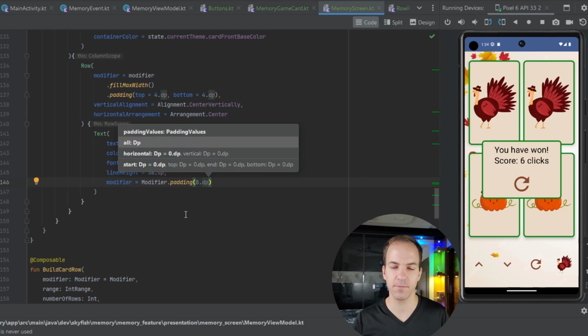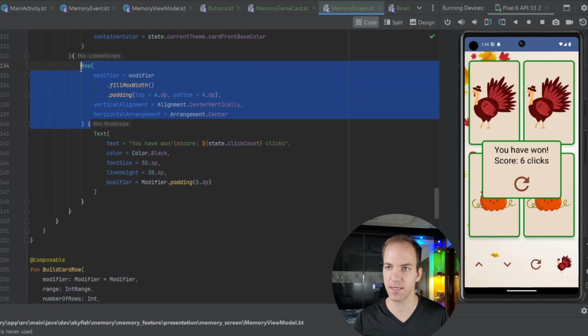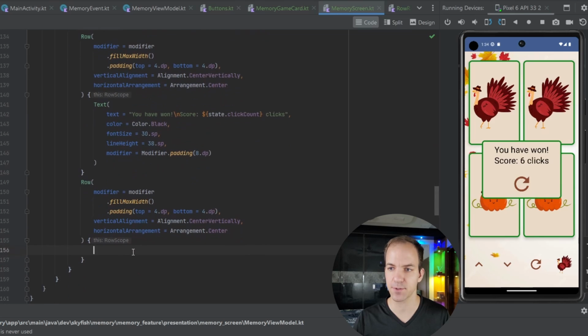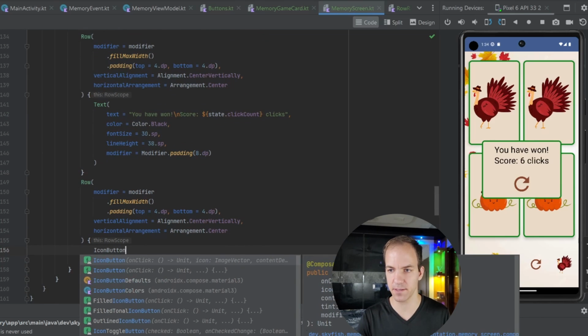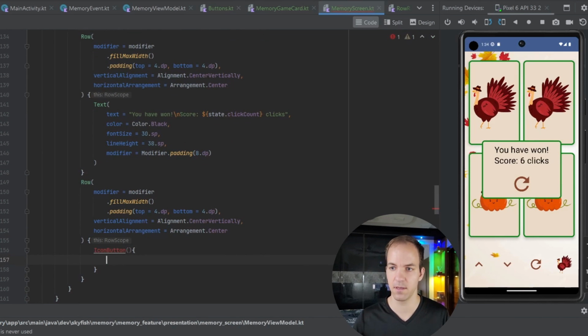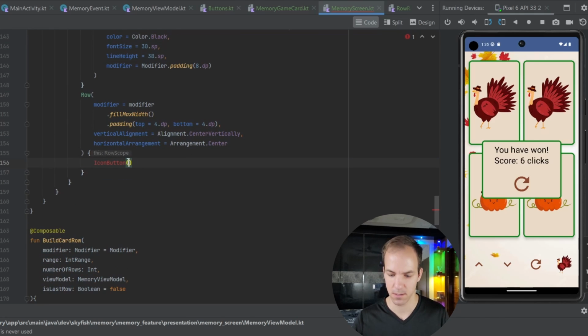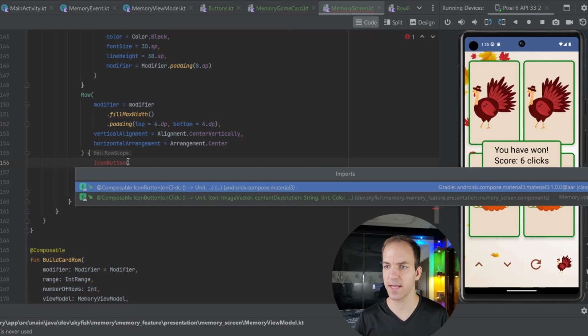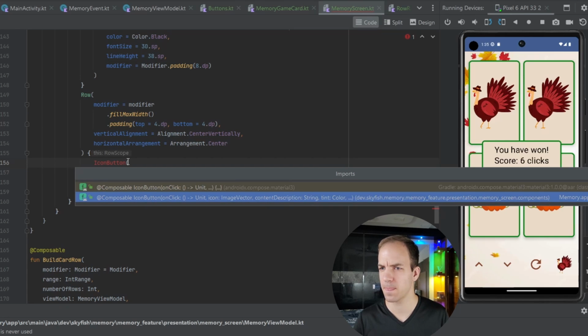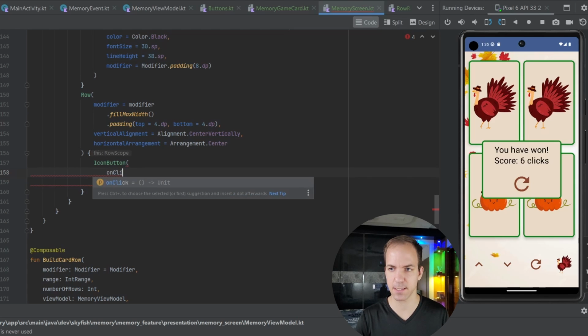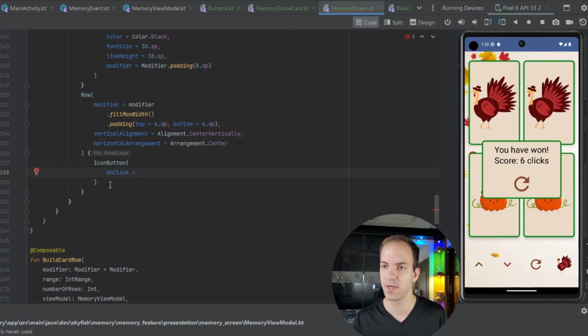Okay, now beneath this text, I'm going to add another row. And this row is pretty much going to be the same thing, or the same parameters at least. So we'll copy that, and then inside of this row, I'm just going to add another icon button. And actually, I don't need those brackets at all. I do need to import that. Okay, and then inside of this icon button, I can say onClick is equal to, actually what I'm going to do, instead of doing that,